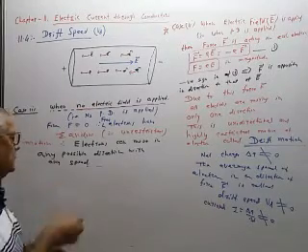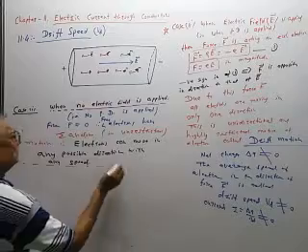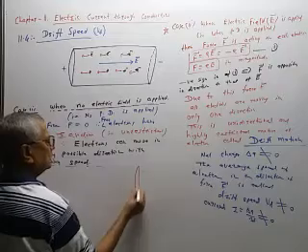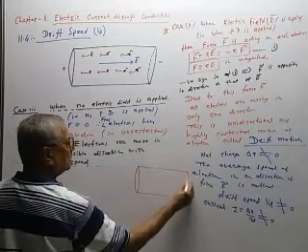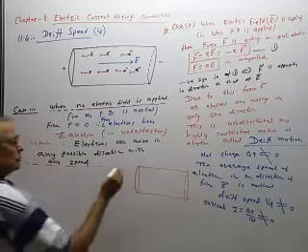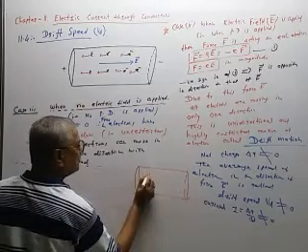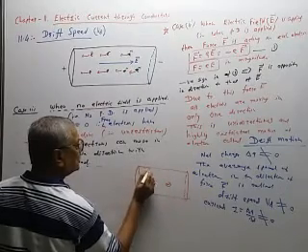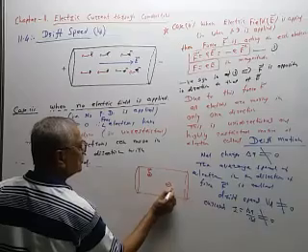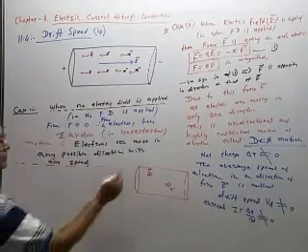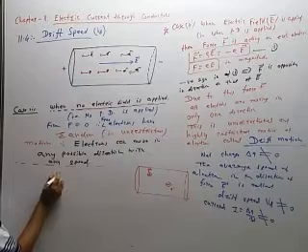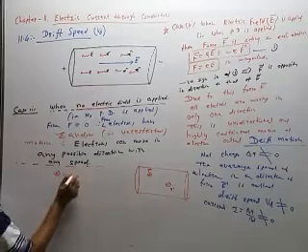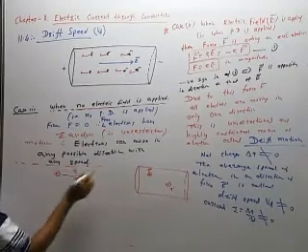So I will explain here. Again we will consider the same case. Suppose there are two types of charge particle, positively charged particle and negatively charged particle. Suppose this charge is Q plus and this charge is Q minus. So if the positive charge is flowing in this direction, then the current is also in the same direction.